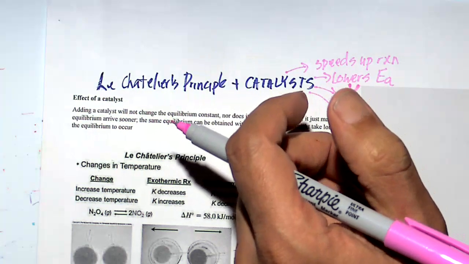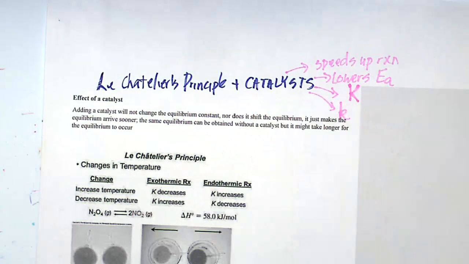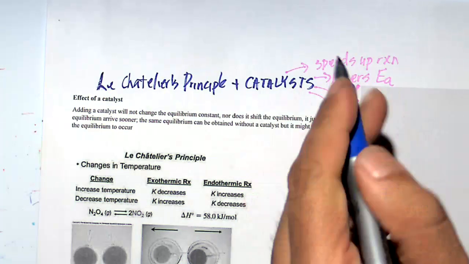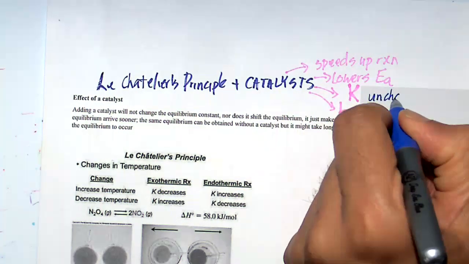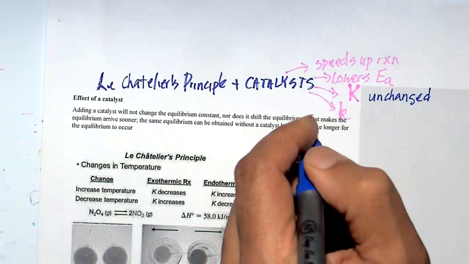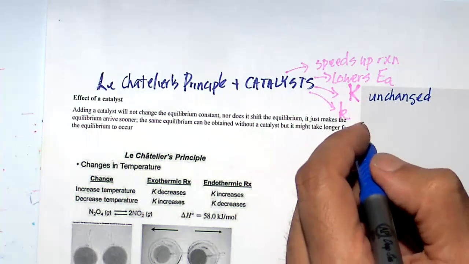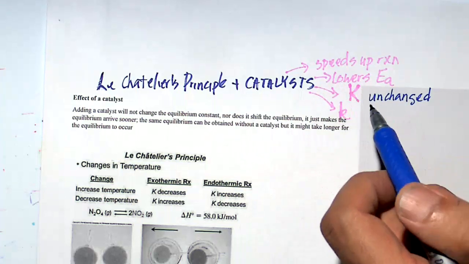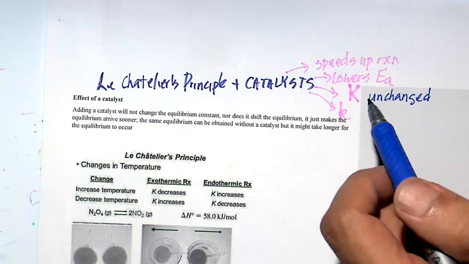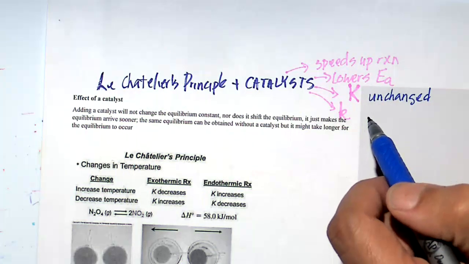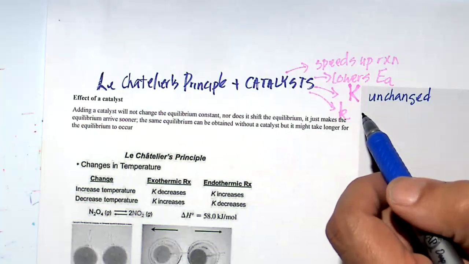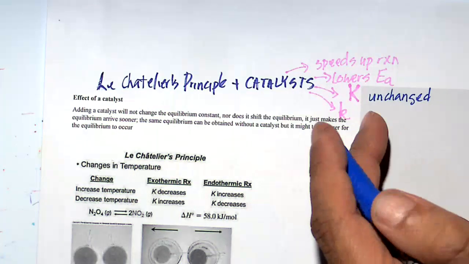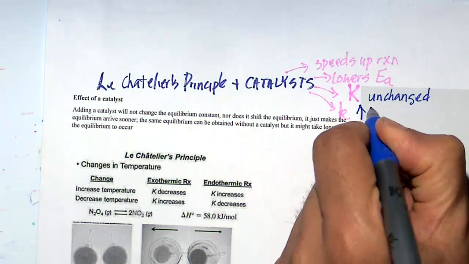Capital K, a catalyst. Okay. It's not going to do anything. Okay, so this remains unchanged. But what will it do to lowercase k, the rate constant? Well, if something speeds up the reaction, Adriana said it, a catalyst speeds up the reaction, and she's right. So what do you think is going to happen to rate constant k, lowercase k? Higher or lower? Higher. Okay, so you see the catalyst, very correct.